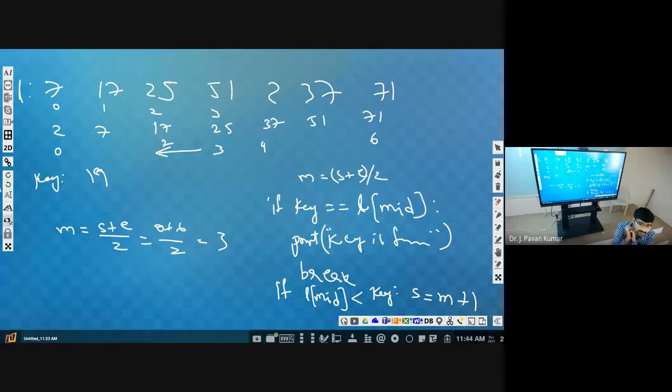One element means start and end will be at the same position. Then what will the mid be? The same position. Then we will check whether that element is equal to the key or not. If it is equal, then we can say it is found. Otherwise, according to our procedure, we will be changing either start or end, right? By comparing with that mid element, suppose only one element is there, start and end are there only, mid will also be there only. Now we will be checking with that and changing either start or end.